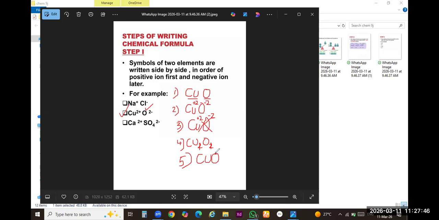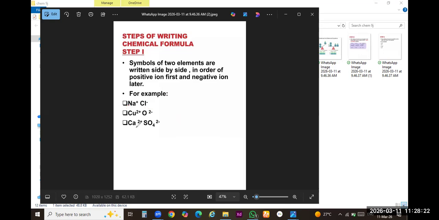Boys, are you getting my point? Is there any confusion? You can ask. Because we have to do chemical equations, and they will not be understood until you know how to write the chemical formula. So in the first step, you should know how to write the chemical formula. Shazman, understand? Ayan Ahmad. Is there any confusion about how to write the chemical formula? No, miss. Okay, you can see these steps, class.